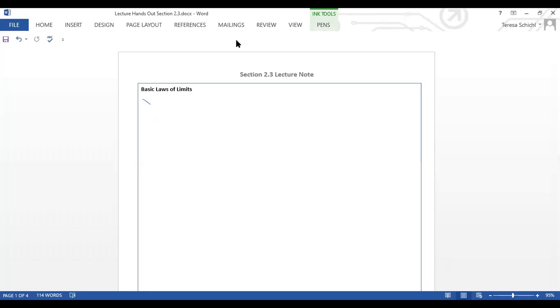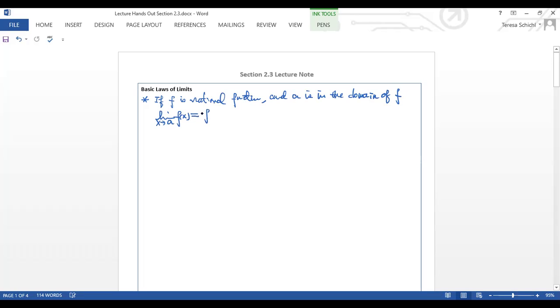The first law is telling us here: if you have a function, a rational function, and a is a value in the domain of f, then the limit as x approaches a of f(x)